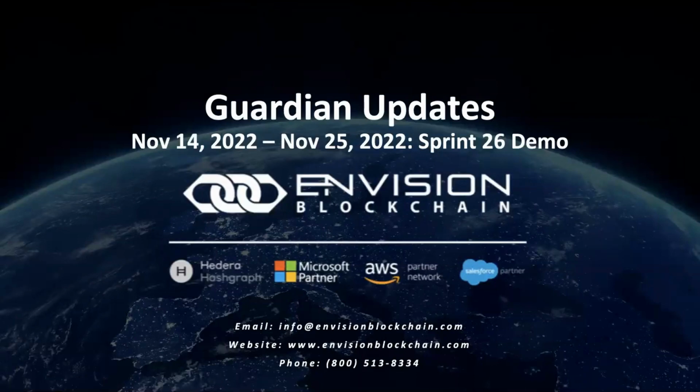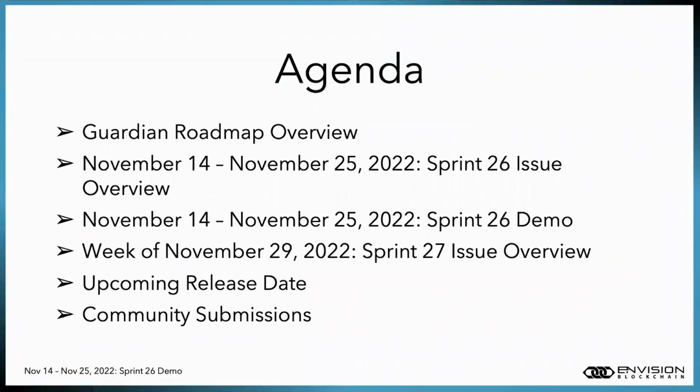Today we'll be giving you Guardian updates of Sprint 26 that lasted from November 14 to November 25th. So just a quick overview of the agenda. We are going to be looking at the roadmap. We are also going to be reviewing the issues that we tackled in Sprint 26 that lasted from November 14 to November 25th. Then we are going to flip over and give you a demo of the issues that we